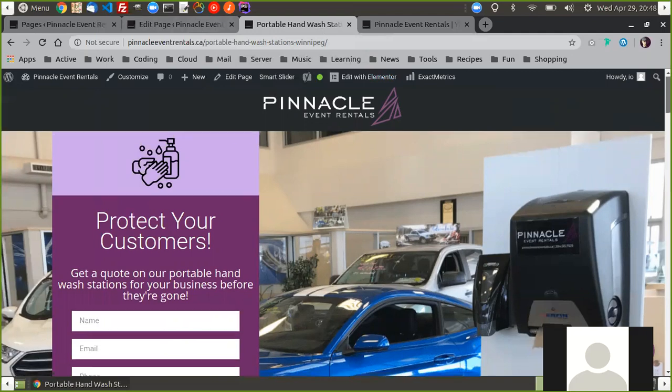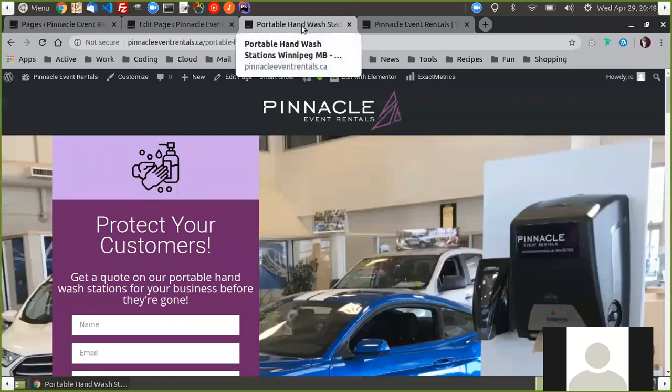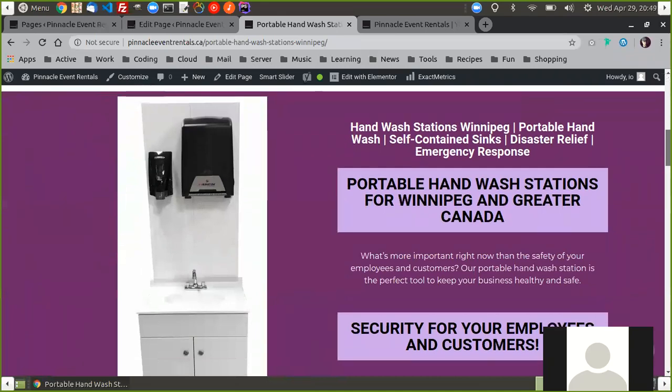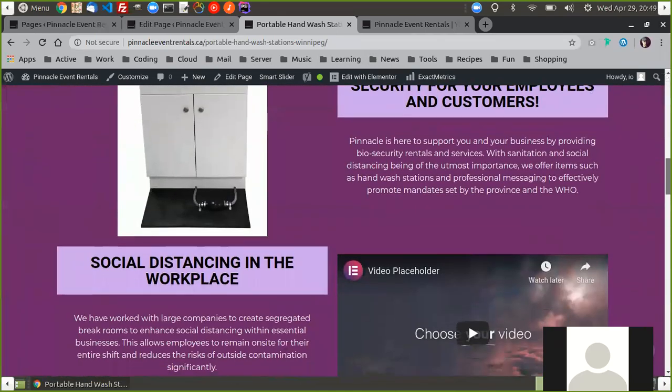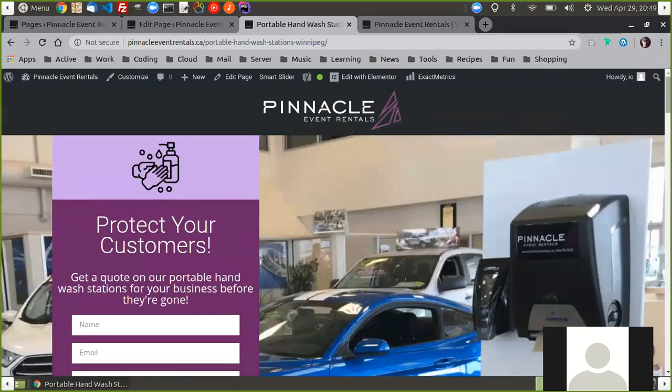And so just by starting with that key phrase of portable hand wash stations, as you can see, our page title, it's here in the first paragraph. And if you go through this page, you'll find that we've put that quite a bit. And of course, that seems very basic. But using that idea, and then using synonyms and related ideas and building upon it layer by layer, we're able to build a page here that really reiterates that same concept over and over again in many, many